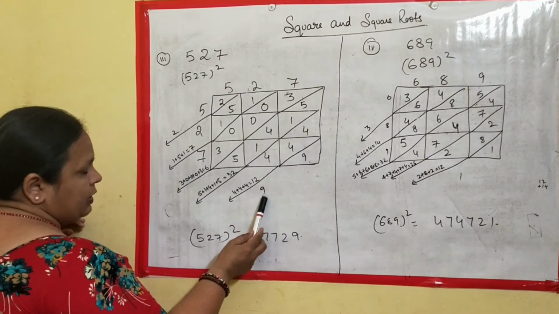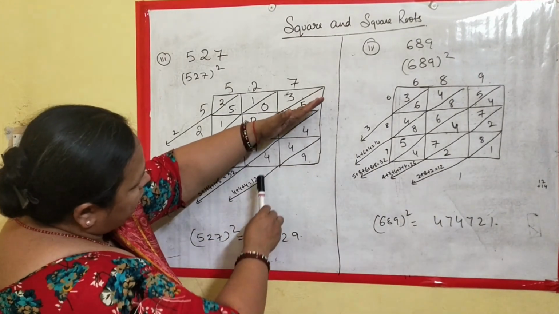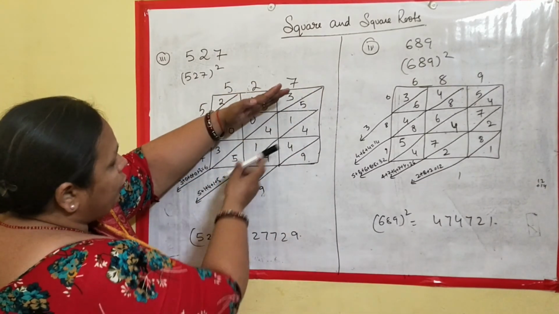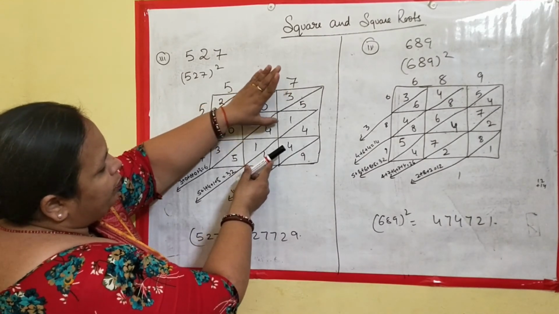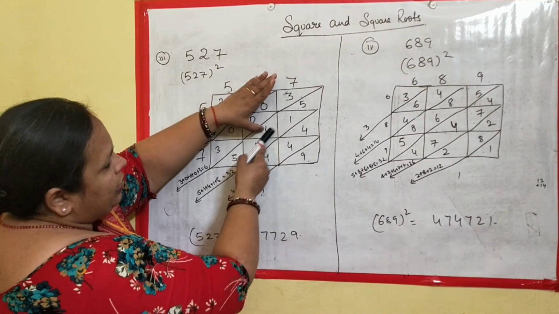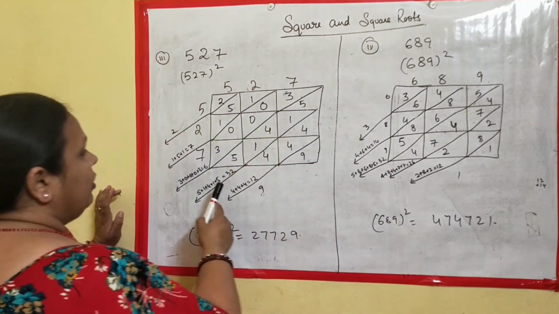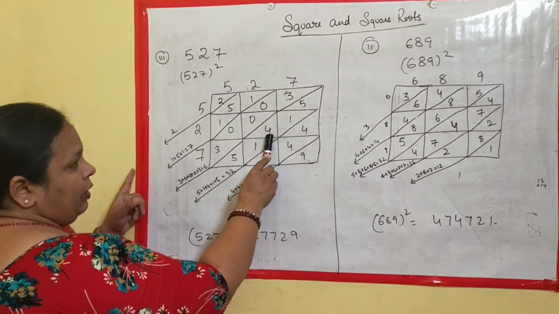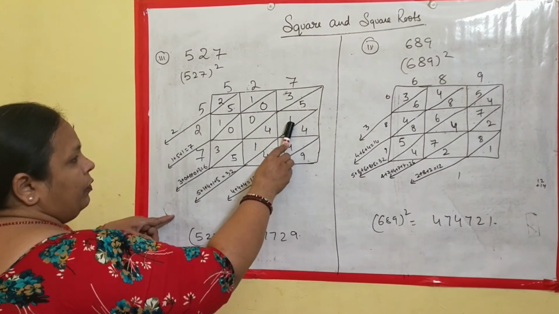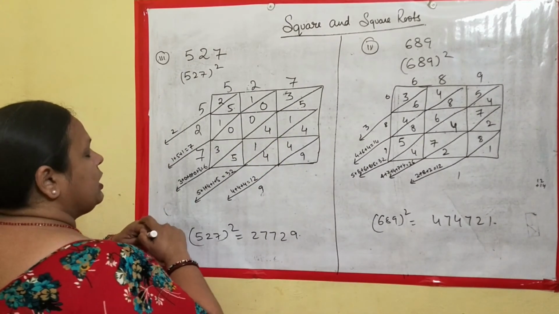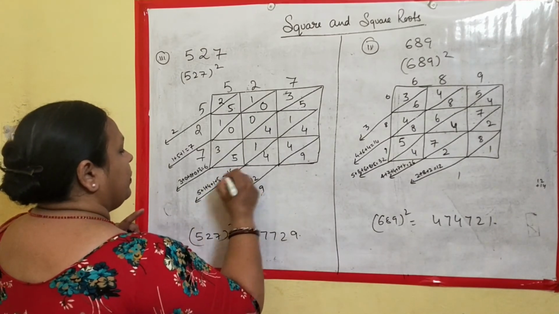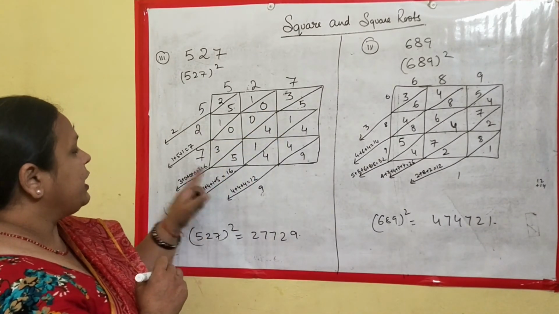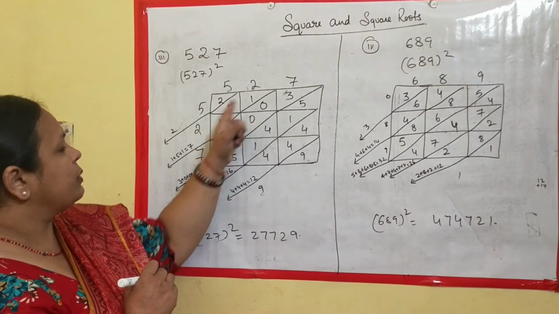Here it is 9, so 9 simply. If you talk of this column, you can see only 4 plus 4 plus 4, so 4 plus 4 plus 4 is nothing but 12. Again moving ahead, this is 5 plus 1, 6. 6 plus 4, 10. 10 plus 5, 15. 15 plus 1, 16. Clear? Now, 3 plus 0 plus 0 plus 0 plus 3. That is 6.